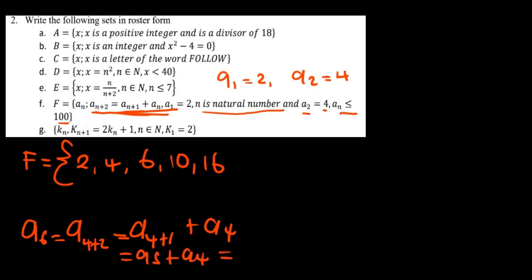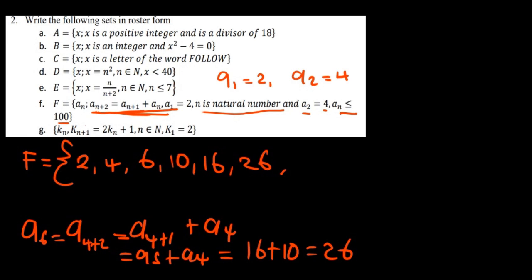So this will be equal to our a5, which is 16, plus our a4, which is 10. This is going to give me 26, so I'll write 26. So what do we notice there? We just noticed that the next term in this set is just the addition of the previous